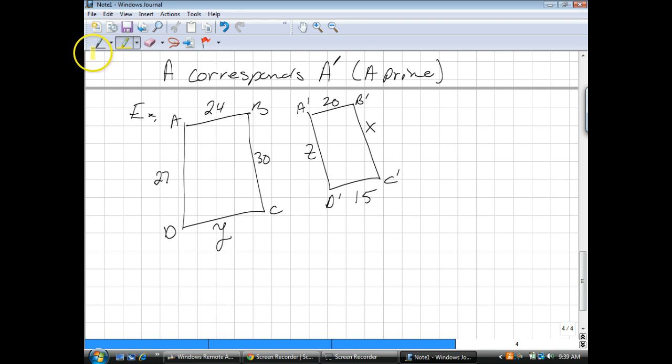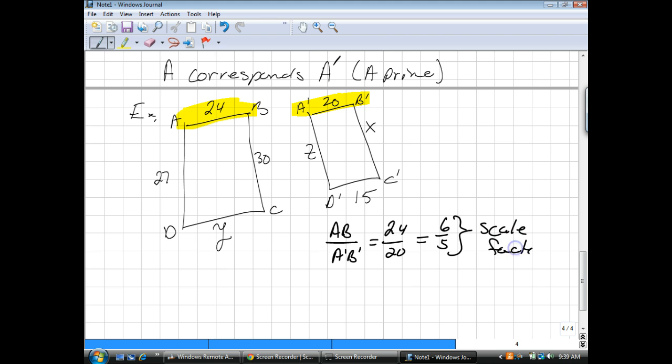So for instance, side AB, we know that's 24, and that corresponds to A prime B prime, and we know that is 20. So we can set up a ratio of length of AB to length of A prime B prime, which would be 24 to 20. Those both reduce by 4, so this would be 6 to 5. So 6 to 5 is what we call our scale factor,